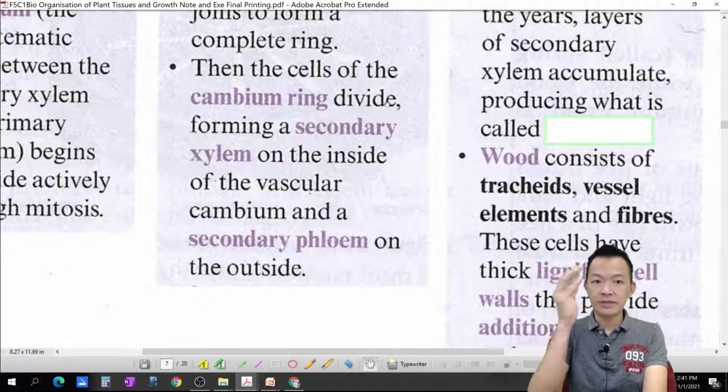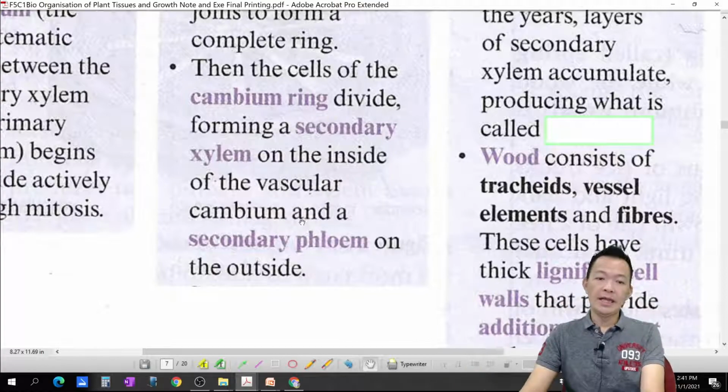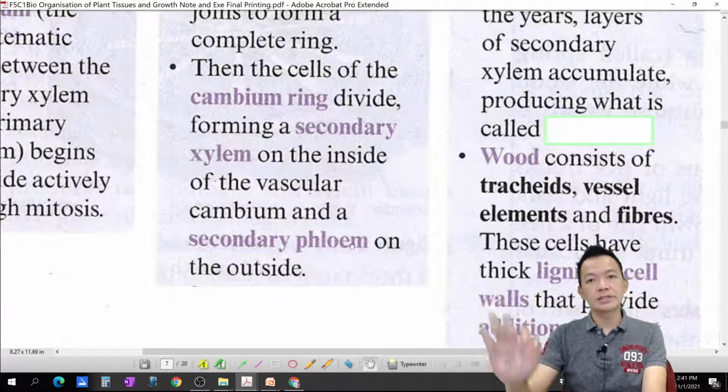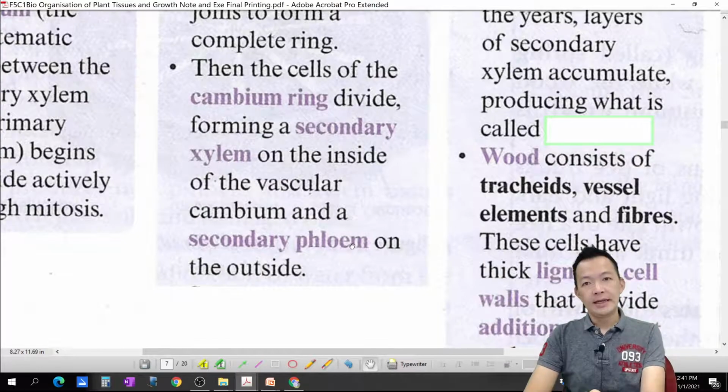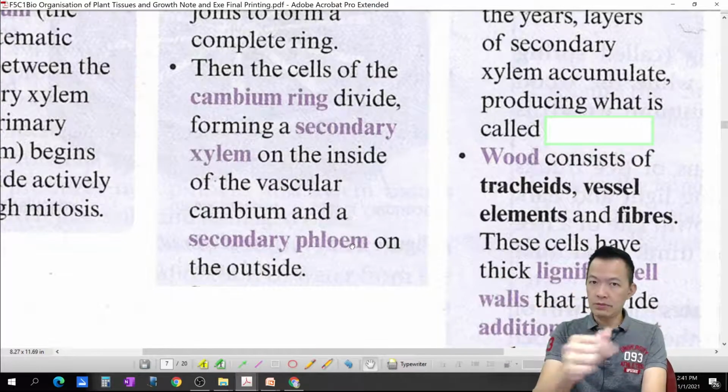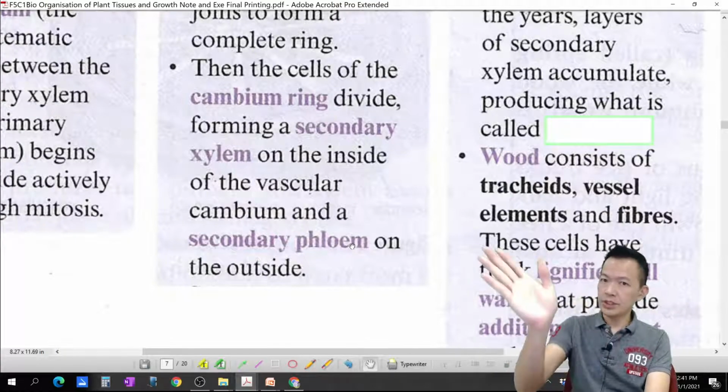So what happens? So then the cells in the cambium ring divide. Cambium ring 的细胞分裂，forming secondary xylem on the inside of the vascular cambium，推进里面，and secondary phloem pushed to the outside，推出外面。Secondary xylem 推里面，secondary phloem tissue 推去外面。